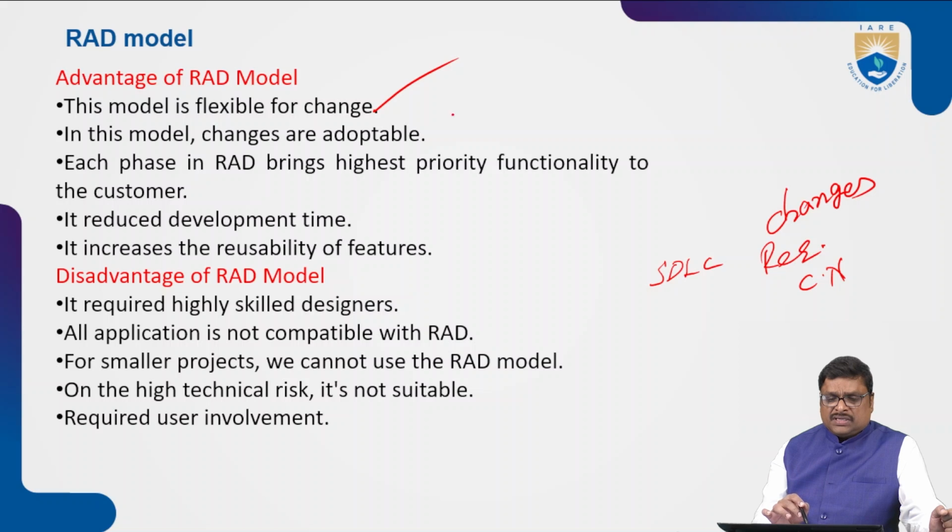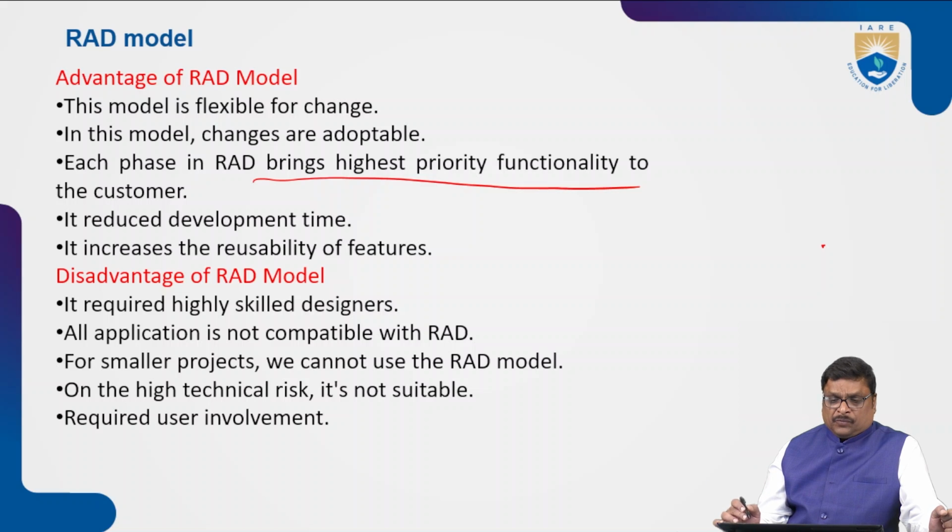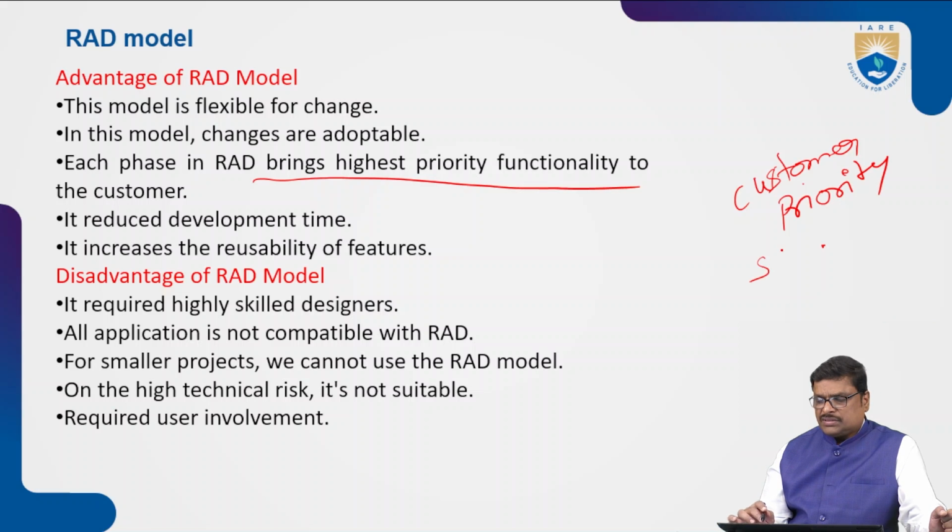Then in this model, changes are adaptable. Each phase of RAD brings the highest priority functionalities to the customer. As I was mentioning in previous classes, we have to consider the customer priority. If you don't consider the customer priority when using any process model,